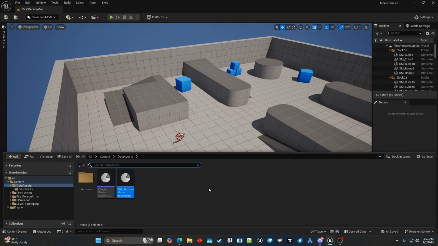This separates the item information, but it also doesn't have the same problem with data tables where everything is loading. So if you have thousands of items, I know it might be more painful to go to each data asset and change it, but in the long run, it's going to be more efficient because ultimately it's not going to be bogged down by